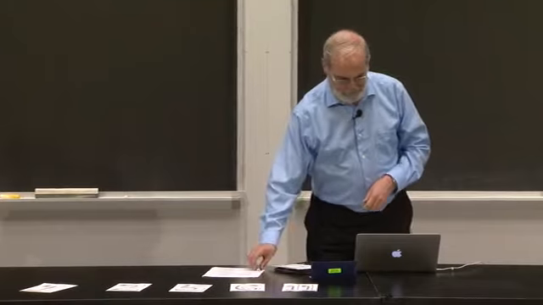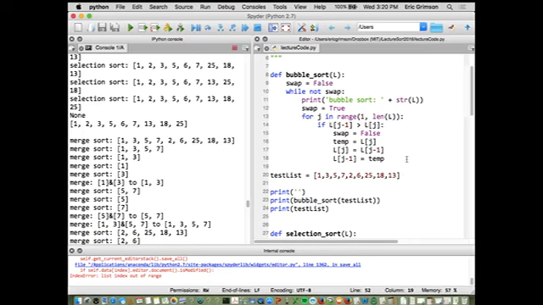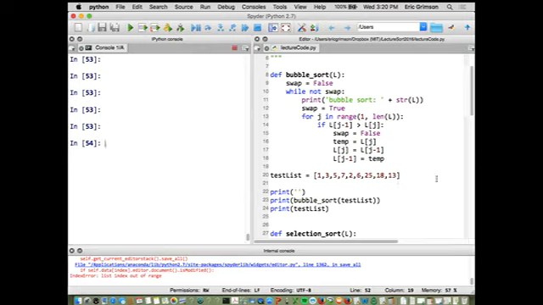Okay? Let's look at an example of this running. It's just to give you a sense of that, assuming I can find the right place here. So there's, again, a version of bubble sort on the side, and I'm going to bring this down to the bottom. I've got a little test list there, and I've put a print statement in it so you can see each time through the loop what's the form of the list as it starts. And assuming I've done this right,